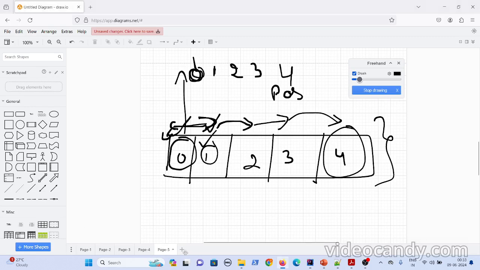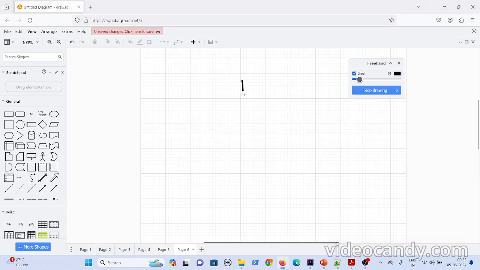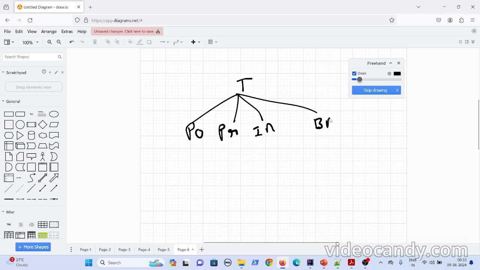So let's say you have the tree here. Now there could be 4 traversal methods that I can assume. One is post-order, another is pre-order, another is in-order, and another is BFS, breadth first search. And all these three come under DFS.